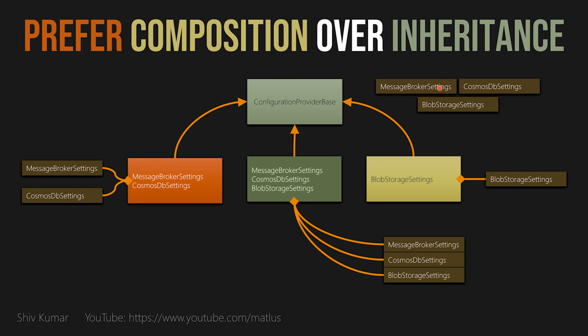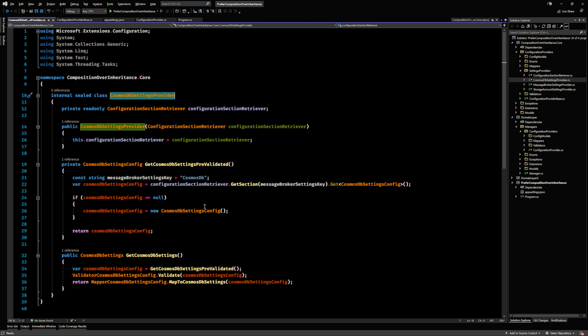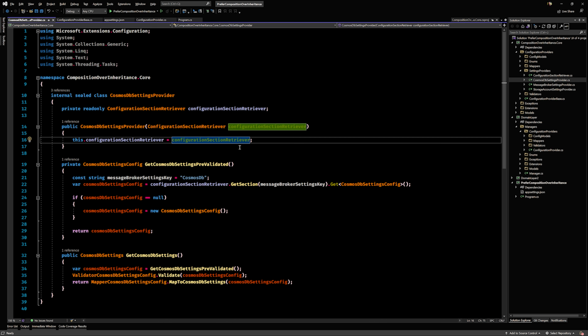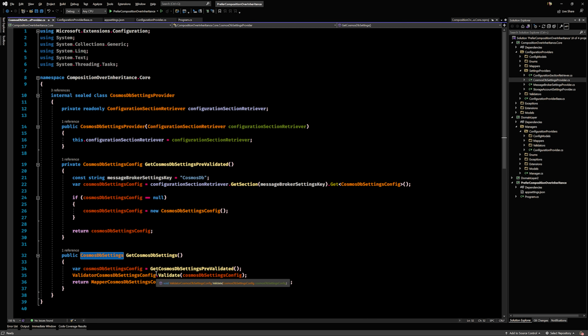So the three features of functionality that we want to reuse by way of composition in our descendants here. It requires a config section retriever in its constructor. So it can use it to retrieve configuration or section information to then construct and return that. Right, so each of these requires that in their constructor.